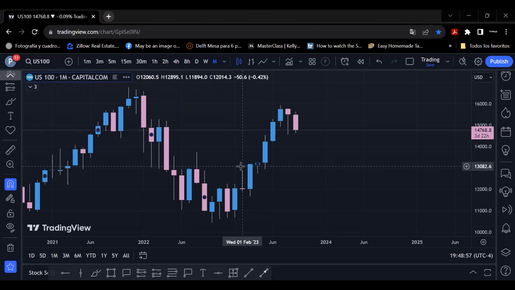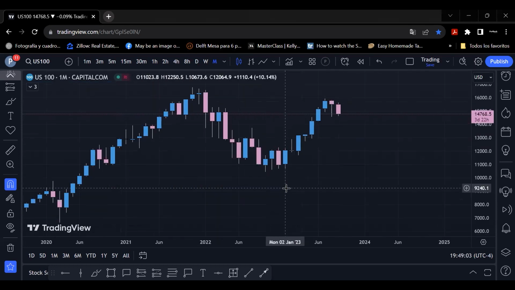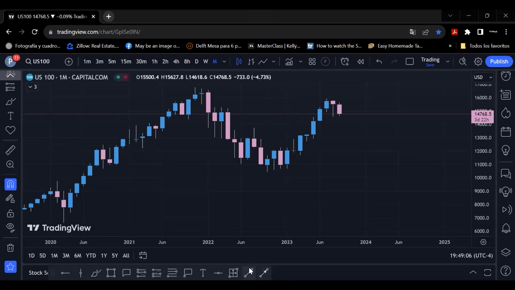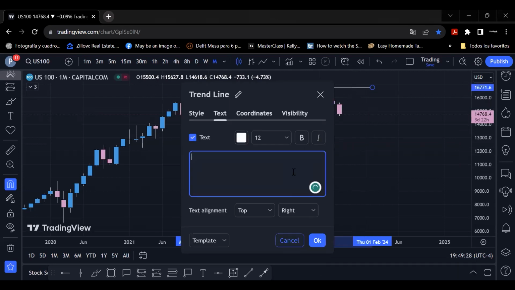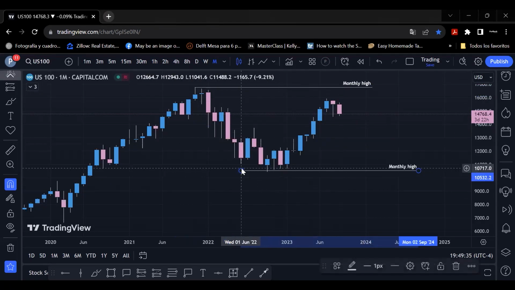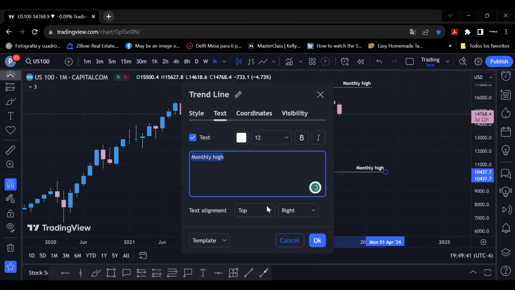So right off the bat, we have the monthly time frame. What we want to know on higher time frames are very simple things. The very first things that we want to know are highs and lows. That way we could get the range from the charts, right? Which range are we trading inside of from the monthly time frame? So we're going to grab this external high here. Note that there, and we could go ahead and label it monthly high. Okay. And we could grab this external low here as well, and we could also label it